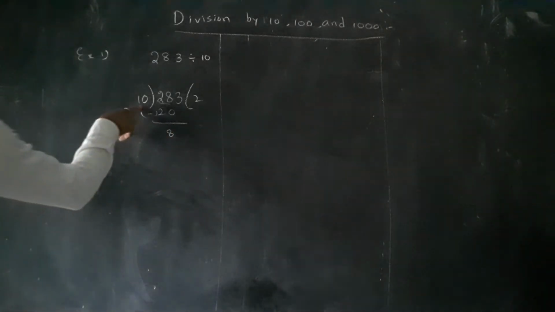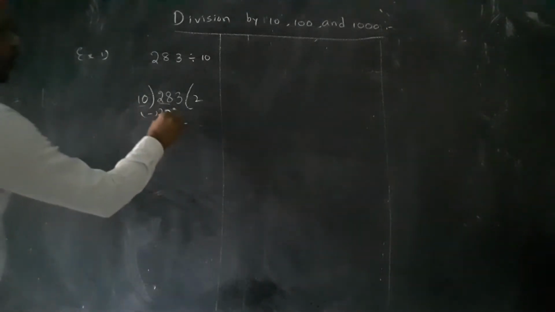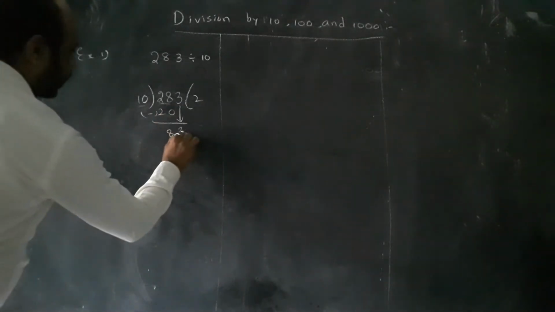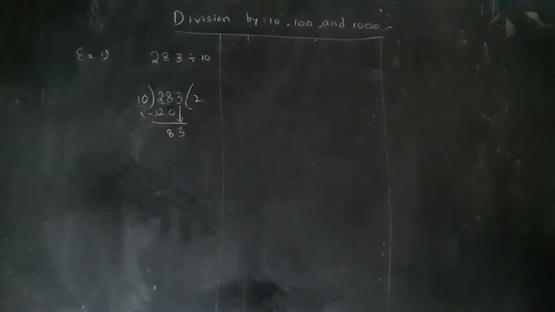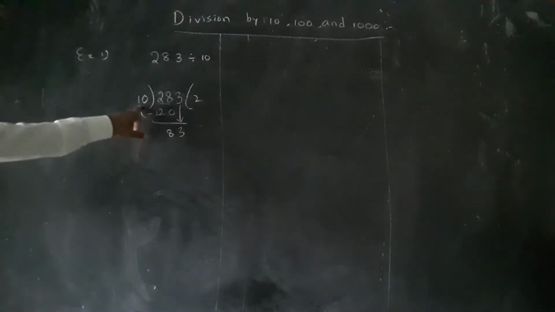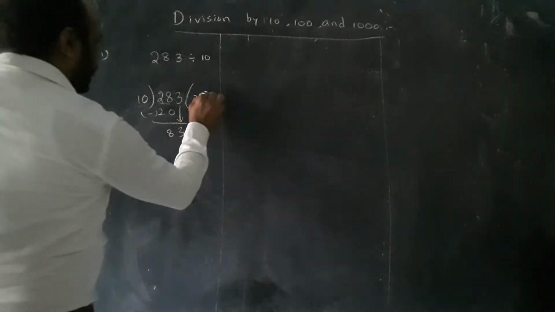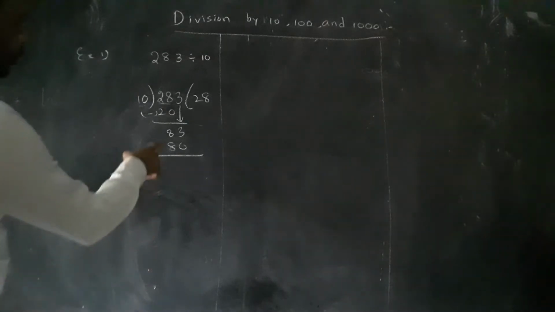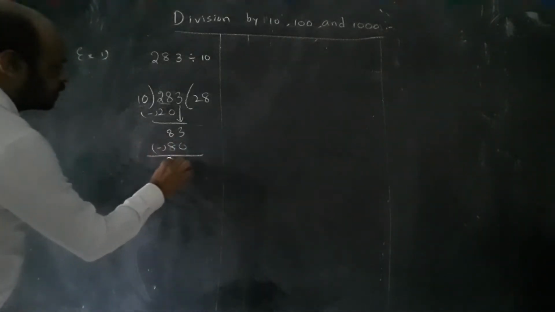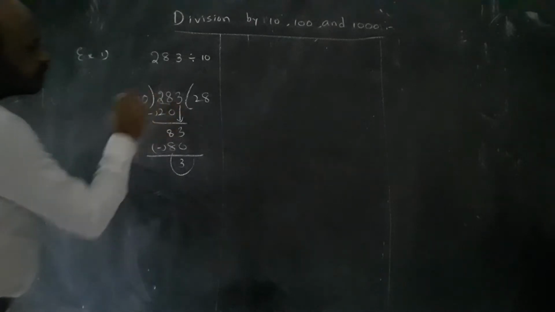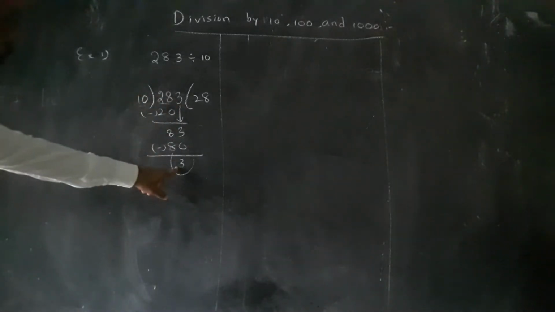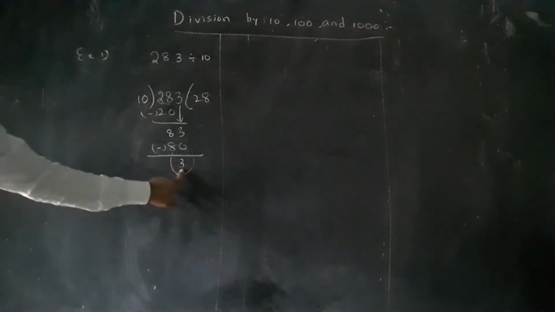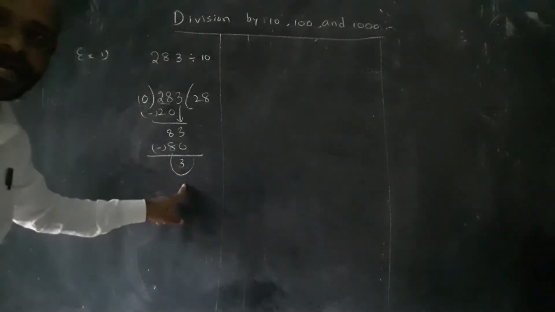Compared to 10, 8 is a smaller one. The next digit is left over, and that leftover digit we have to bring down here. We will get 83. Here we are choosing the 10 table. Then 10 8s are 80. Now subtract, and here we got 3. Compared to the divisor, the leftover digits are also completed. We got 3, and compared to the divisor, this dividend value is lesser. Then leave it like this only.